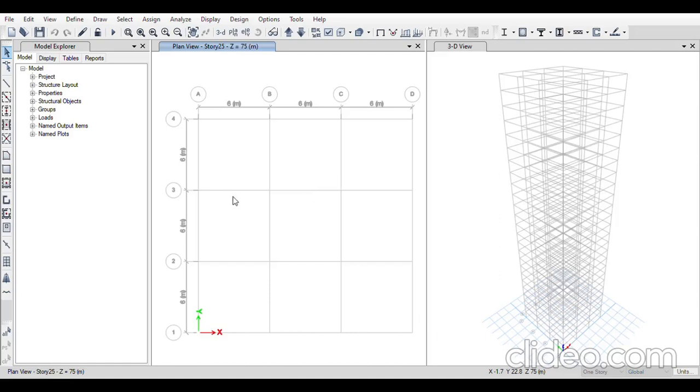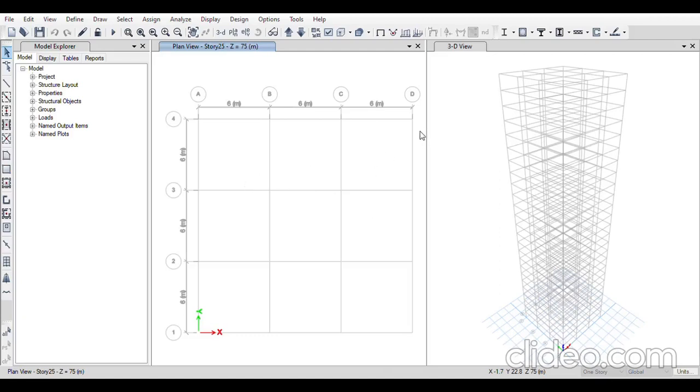Now I have a beam of 500 by 300, and I have two other beams with the same rebar details with different dimensions. So I can use add copy of property. I'll change the name here, 515 by 350. Then M40 is the same. I'll change the depth and width of the beam. So you can check the rebar details. It will be the same. I will click OK.